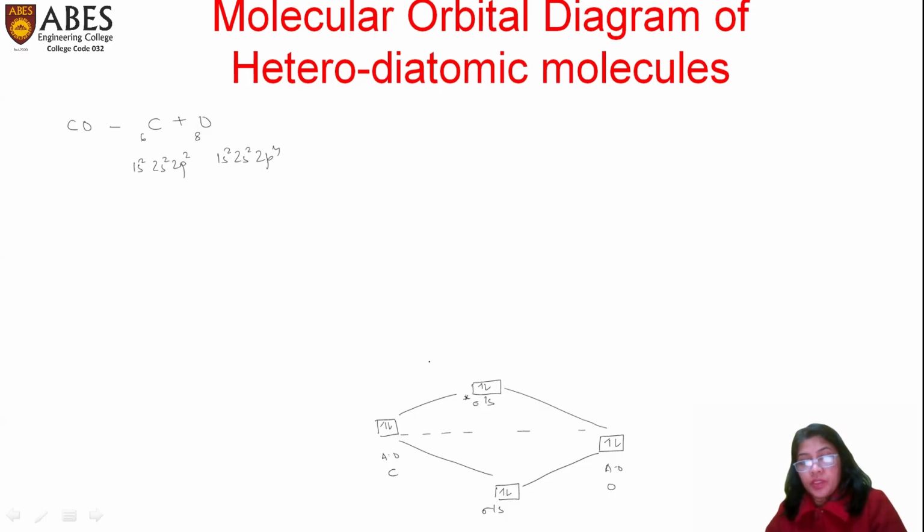Let's make the diagram. Since they are heterodiatomic molecules, the atomic orbitals of carbon and oxygen will not lie on the same line. So the oxygen atom will be lying a bit closer to the bonding molecular orbital. So sigma 1s will be forming sigma star 1s. Since the electronegativity difference between carbon and oxygen is comparatively more than that of NO, the diagram formed for CO is slightly different than NO as well. In this case,